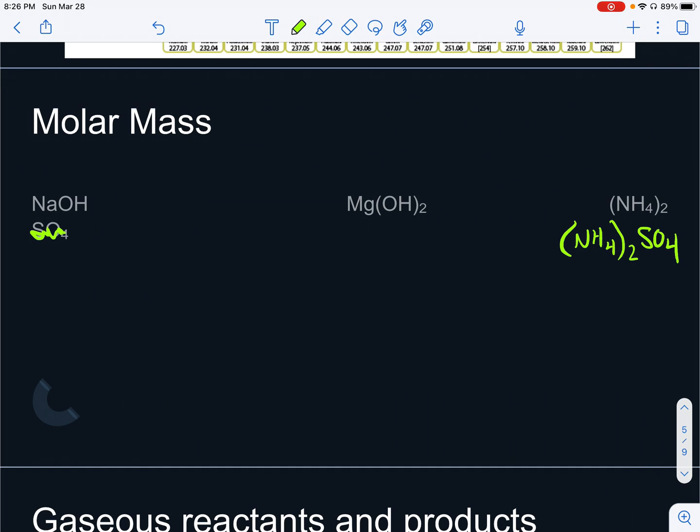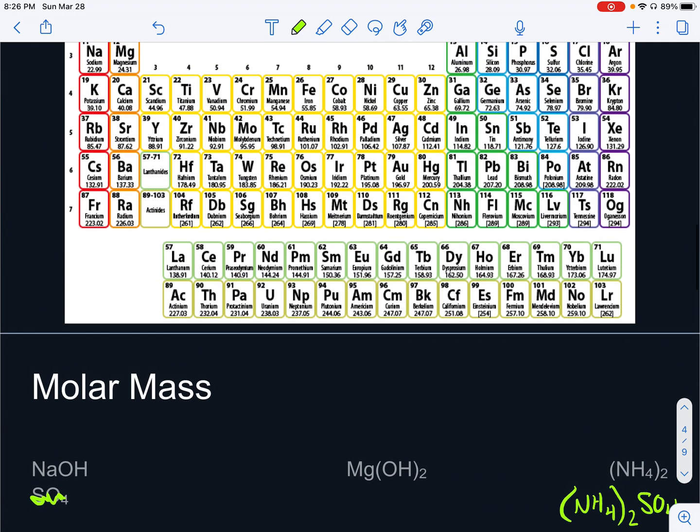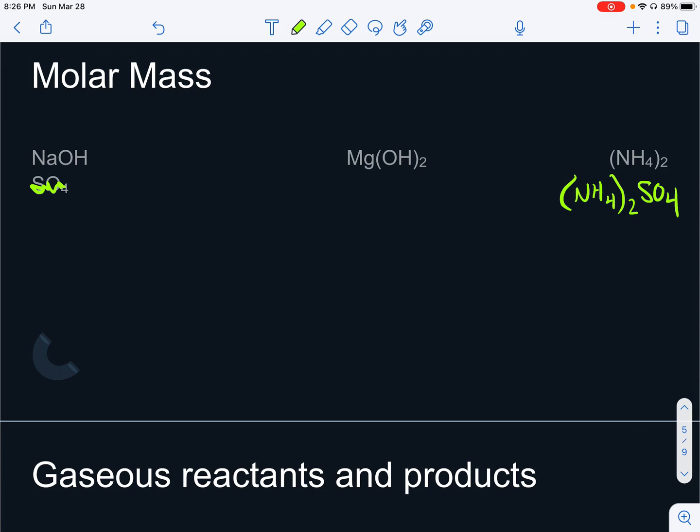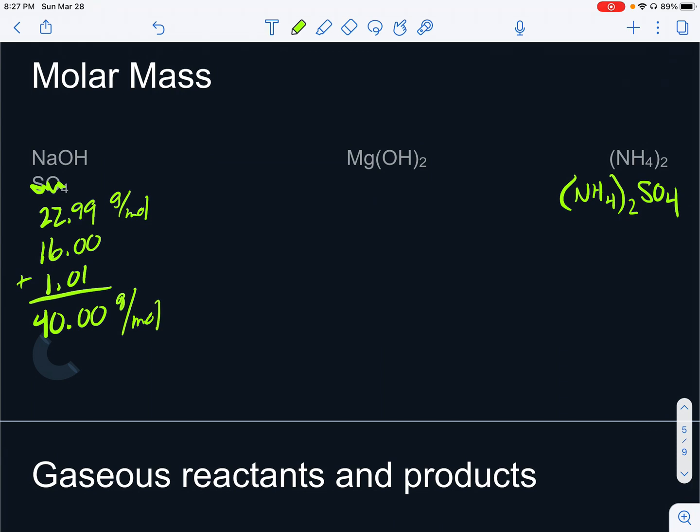But we have sodium hydroxide here. What's the molar mass of that? Well, it's going to be the sum of the molar masses of the different elements. If I look at the periodic table that we used up here, it says that the molar mass of sodium is 22.99 grams per mole. The molar mass of oxygen is 16.00, and the molar mass of hydrogen is 1.01. If I add all of those up, then the molar mass of sodium hydroxide works out to be 40.00 grams per mole. 6 times 10 to the 23rd particles of sodium hydroxide will have a mass of 40 grams, almost